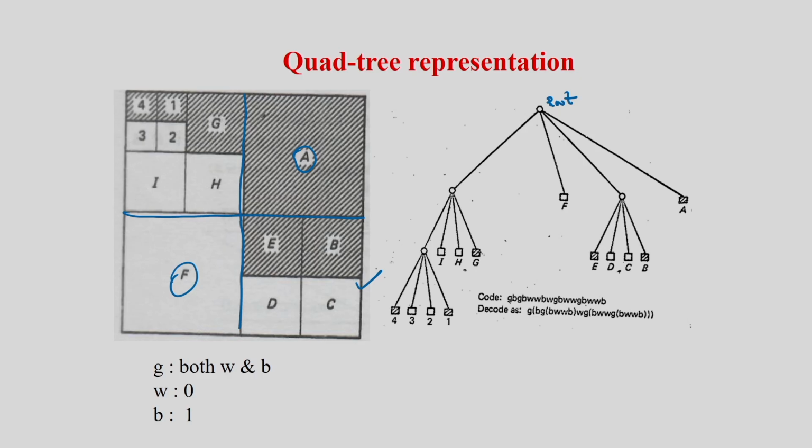And similarly I am doing this one, and you can see this region is not homogeneous, so that is why I am dividing it into 4 regions. So that means I am doing the splitting, and based on this I can represent this in the quad tree. So the root is the image, and you can see here I am considering the code here. The code will be something like this.